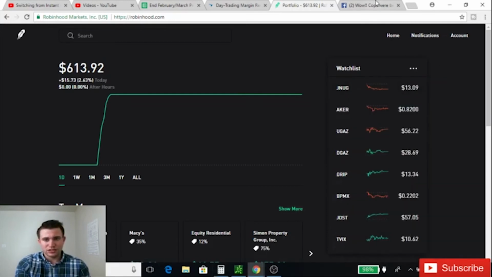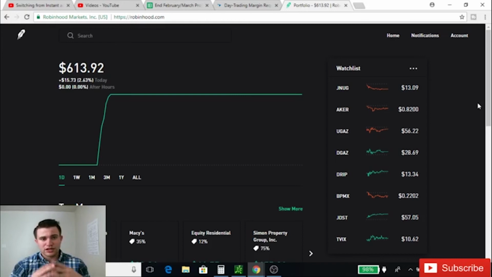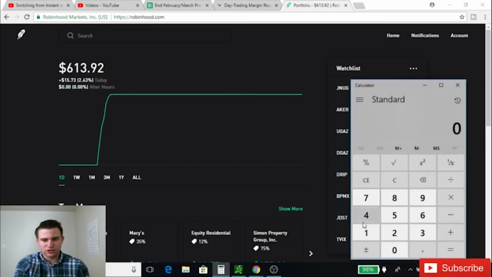But yeah, if you can get your account to 25,000, obviously that should be the end goal. But for those of you that have smaller accounts or are just getting started and you're wondering how you can day trade around this PDT rule, this is your best bet. It's not the end of the world, guys. Let's say you're starting with just $500 in your account and you make roughly 4% a day. You're talking roughly $20. Obviously, it'll get higher with compounding, but to keep it simple, say you average $20 a day times only 10 market days that you're allowed to trade. You're still talking $200 of profit that first month, and then your account just keeps compounding over time.